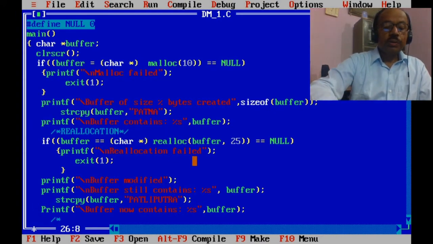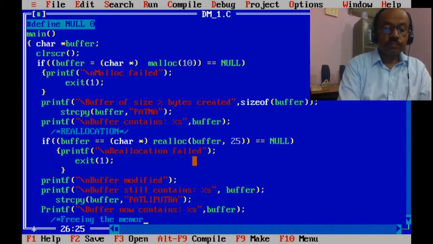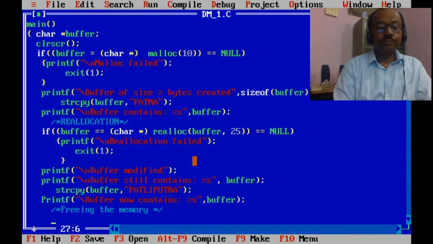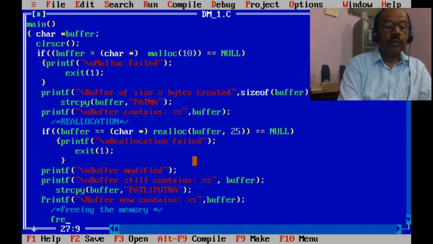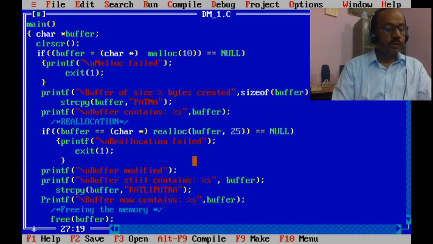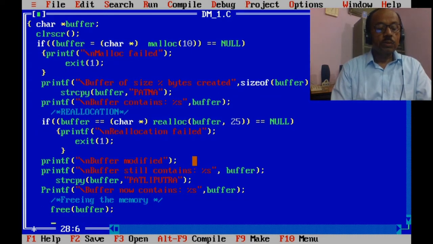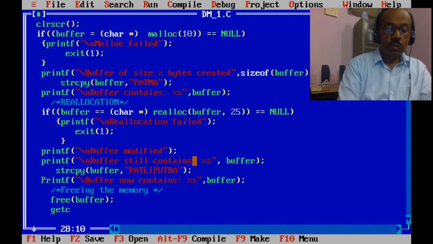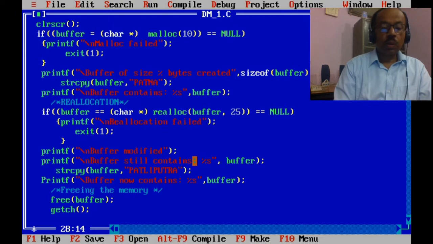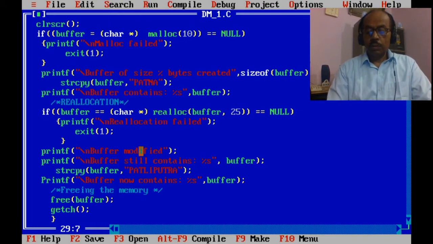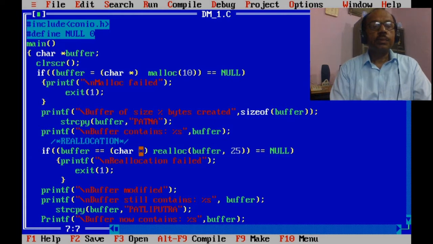So this is just a comment: freeing the memory. free(buffer), just a semicolon. So the program is complete.